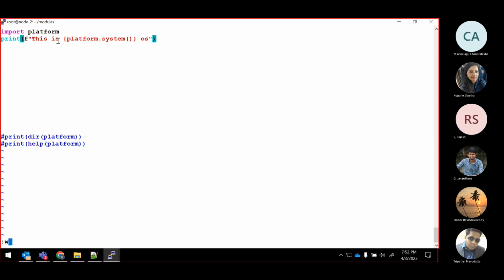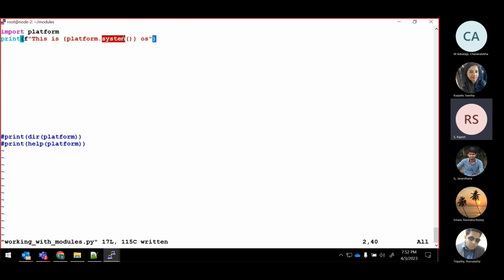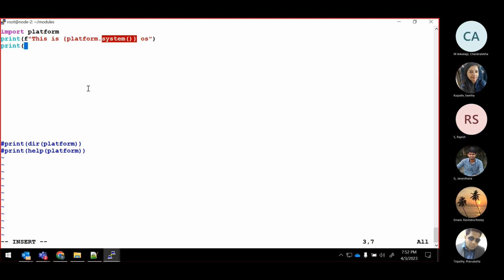Save this file and go here and execute it. See, this is the Linux OS. So system will give the information about which operating system you're working in. Correct? Or else you want to print one more thing. Print of f